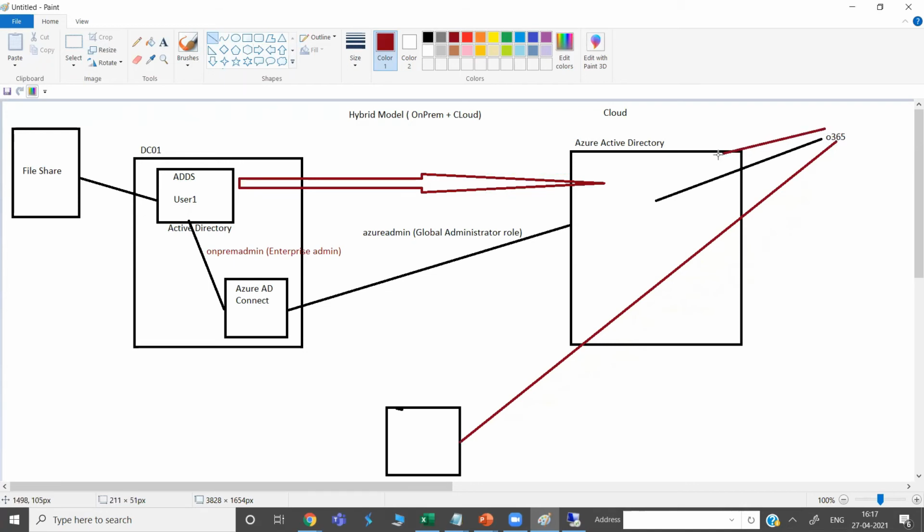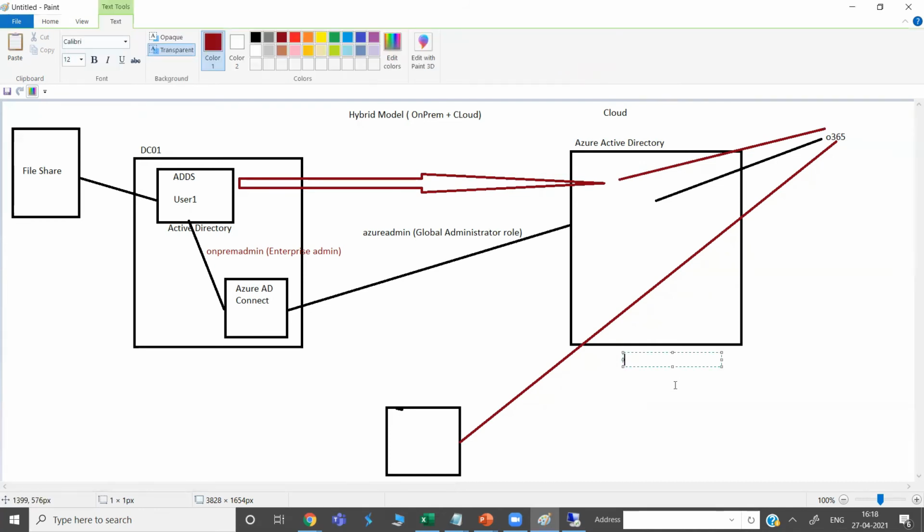For the authentication, it will go and check Azure Active Directory. The user will get authenticated via the username and password. If the username and password is correct, the user will be able to log in and access this application. So what is happening in this case? The authentication is happening at the cloud level, in the Azure Active Directory only.